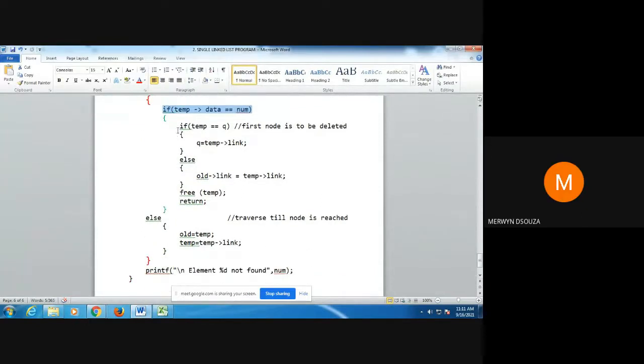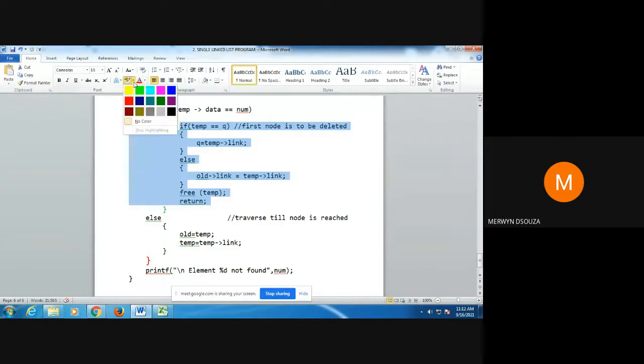So that means now we can execute this if statement. I just highlighted the lines in yellow. These are the statements inside the if. Again, inside this outer if statement, there are more if else statements which are highlighted in yellow, and some more statements are there. Okay, let's check now.